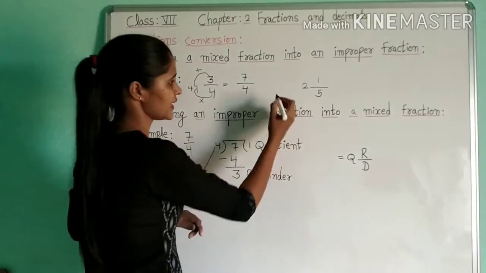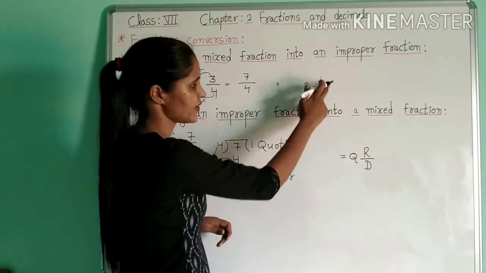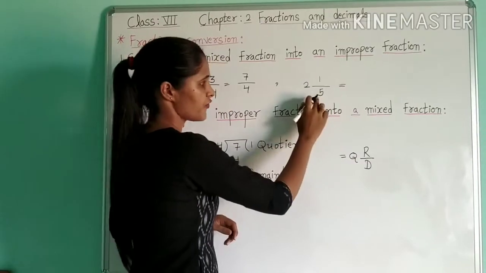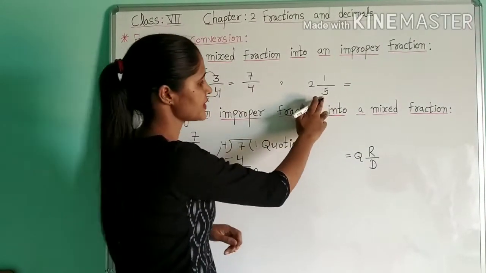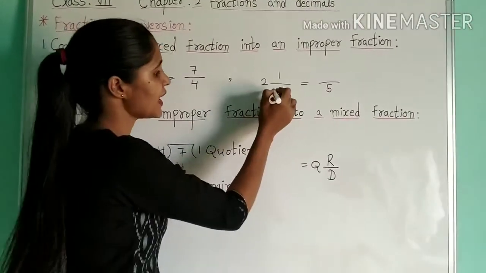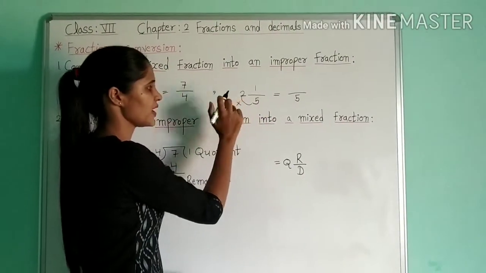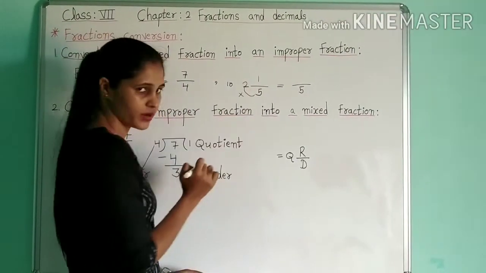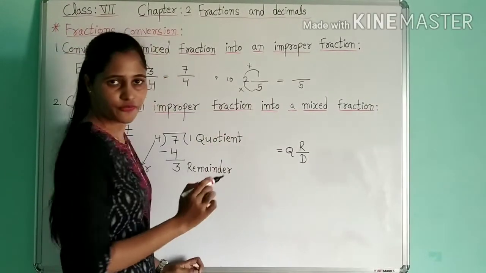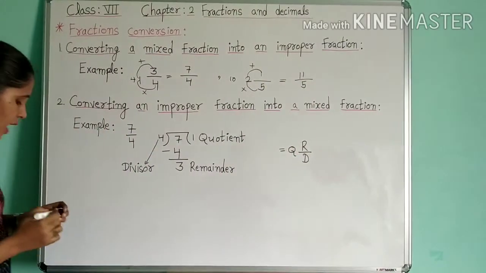Now I will take another example of a mixed fraction. See here, 2 is a whole number and 1 by 5 is a fraction. So this is a mixed fraction. We write this denominator as it is. Now we multiply this denominator with the whole number. So 2 multiplied by 5, we got 10. Now we add 10 plus 1, we got 11. So our answer is 11 by 5. Now I will move to the